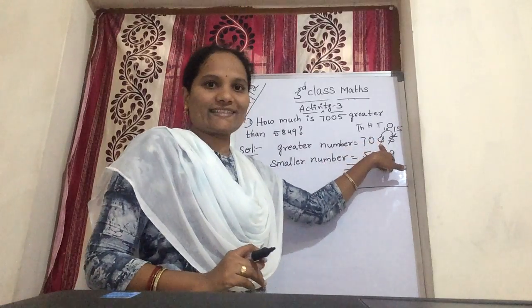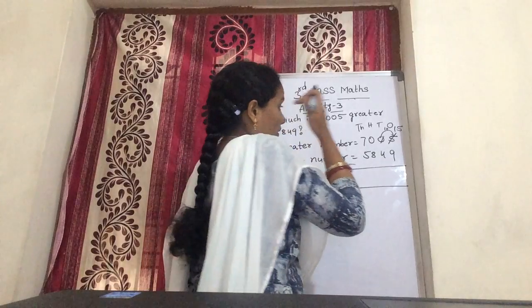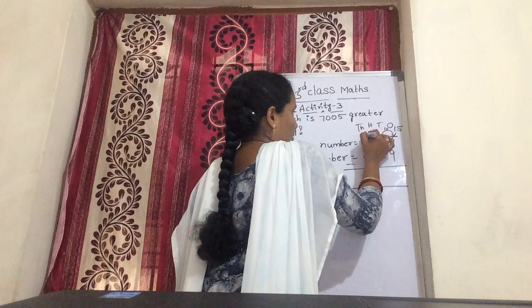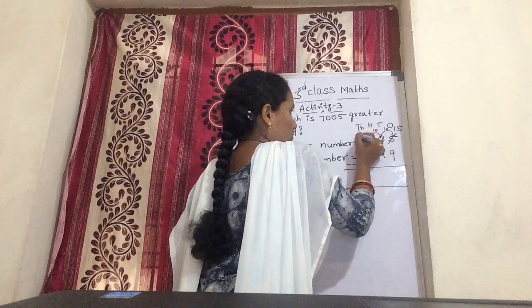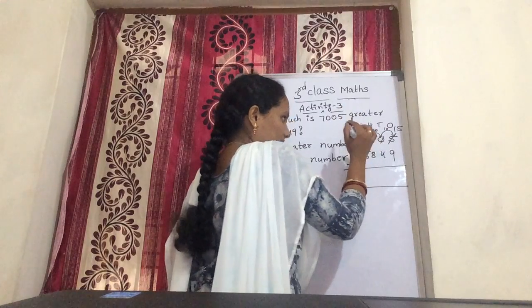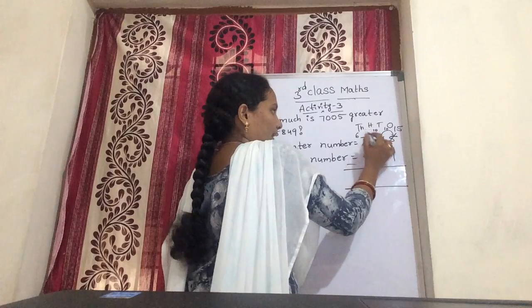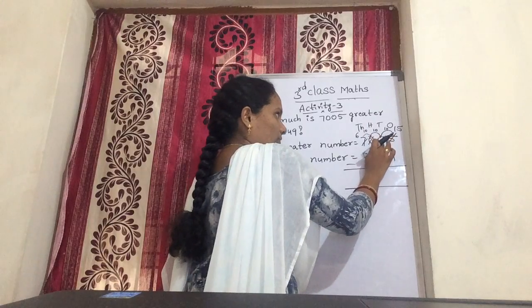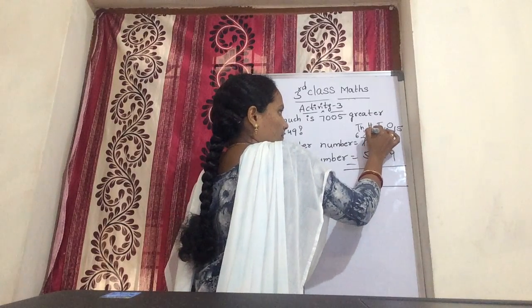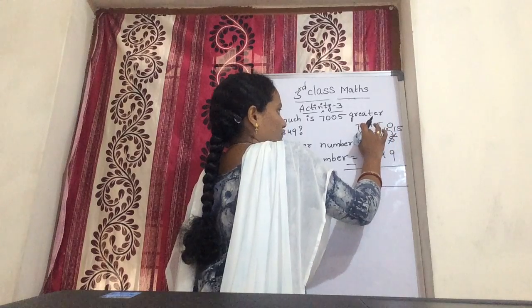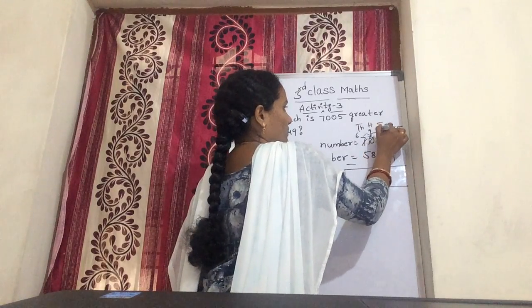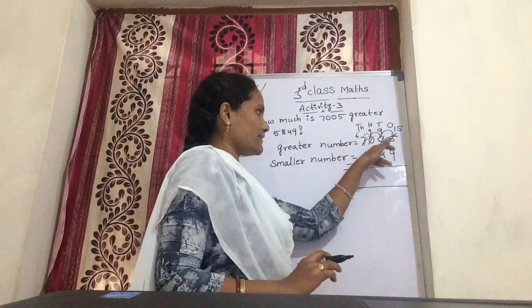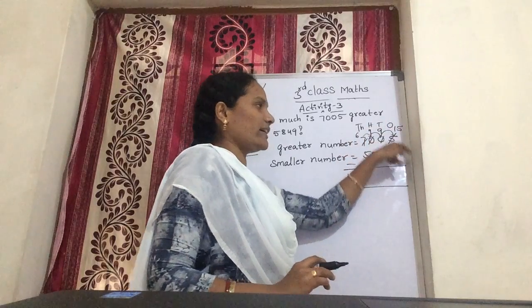Here 0 is there. So 0 means you are taking from hundreds. 10. Again you are taking from 1000. So 7 minus 1, the 1 is gone, so you get 6. Again from this 100 you are borrowing from 10. So this 0 is the 9. After borrowing, this 7 is the 6, this 0 is the 9, this 0 is the 9, this 5 is the 15.